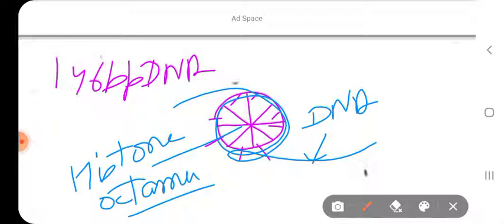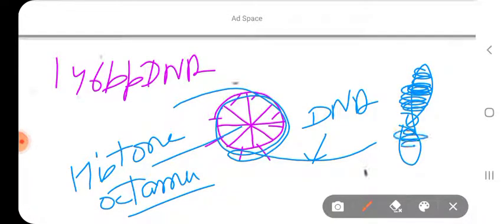Now during cell division, all the chromatin fibers are condensed to form your chromosome, because at that time no DNA replication will be done, no transcription, no translation will be occurring. The only aim during cell division is equal distribution of the chromosomes to the opposite pole. So that's why the chromosomes are highly coiled heterochromatin regions.